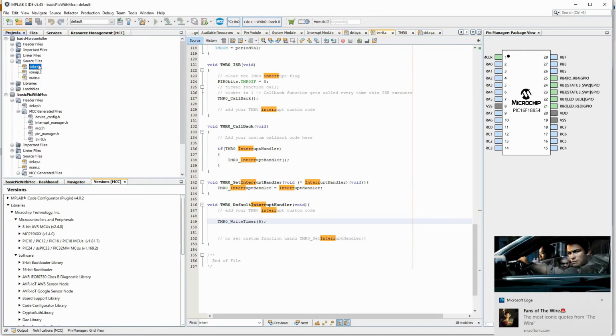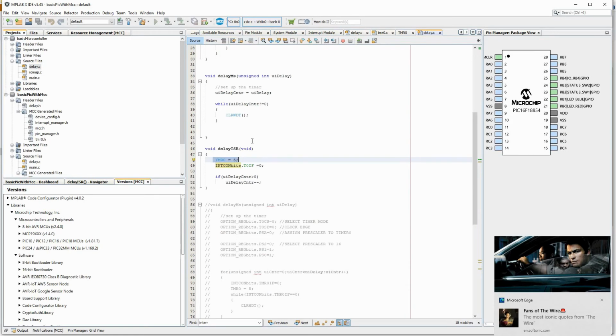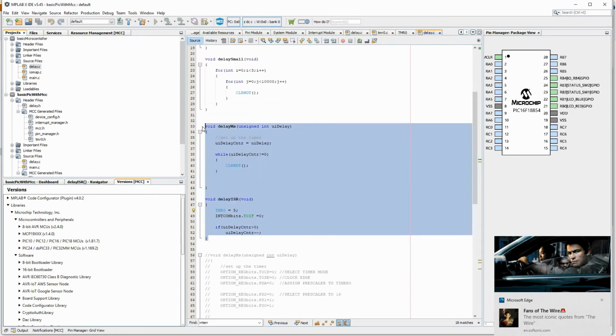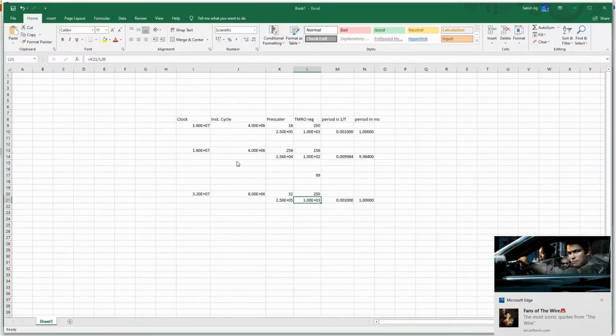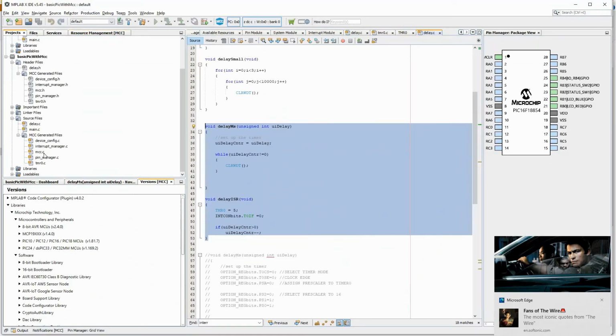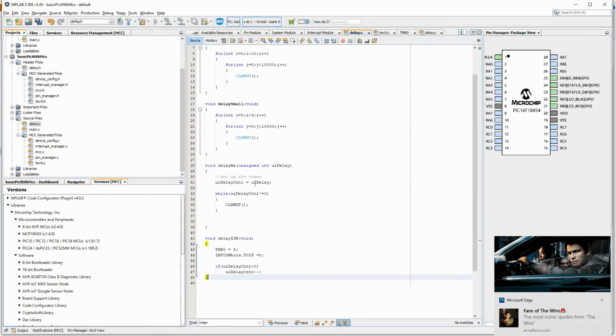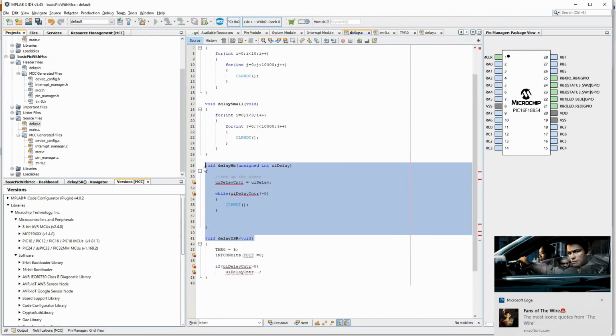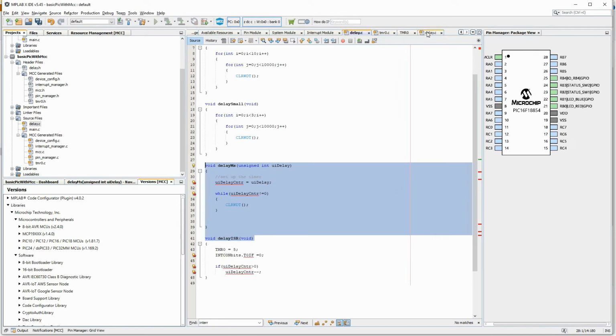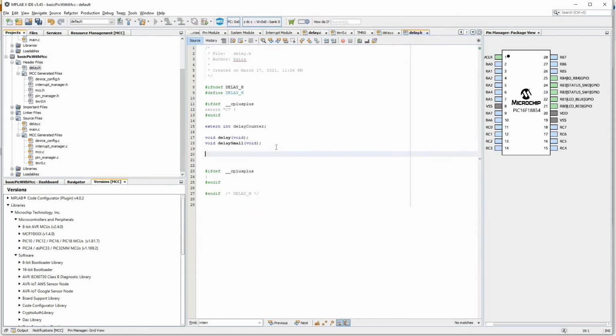So this is the older project, delay.c. I will just copy these two functions, delay millisecond and delay ISR, and put them in the new project, that is delay.c, delay millisecond. And let me prototype this in delay.h also.